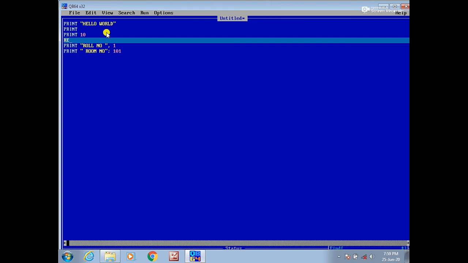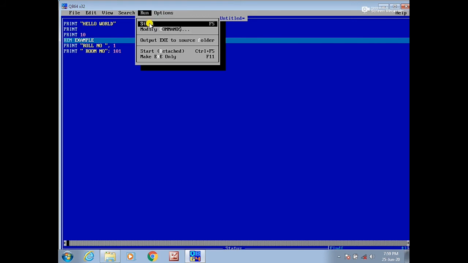I am typing here REM, then I provide a space, then I write here example. Now I am going to run this program.